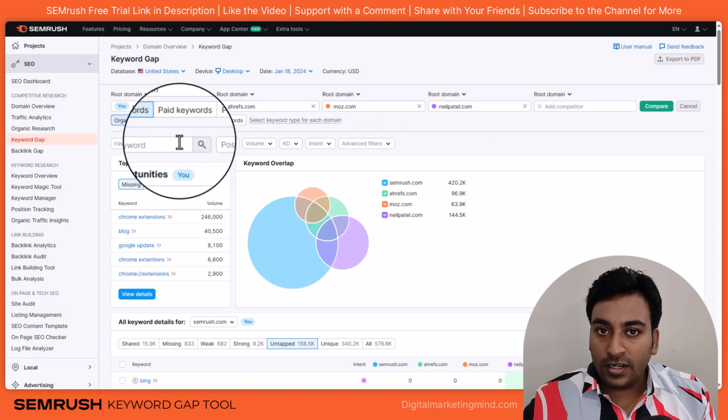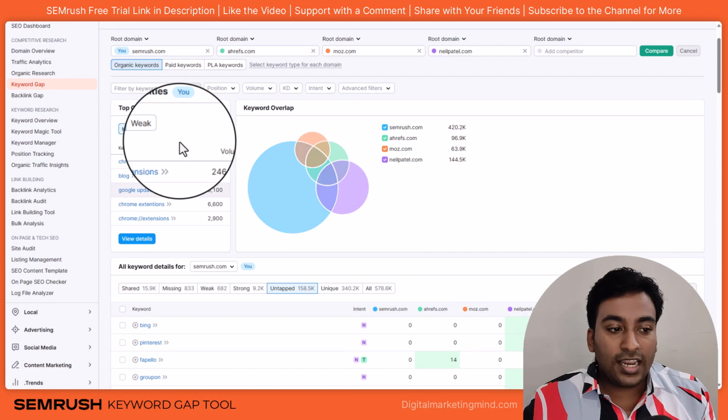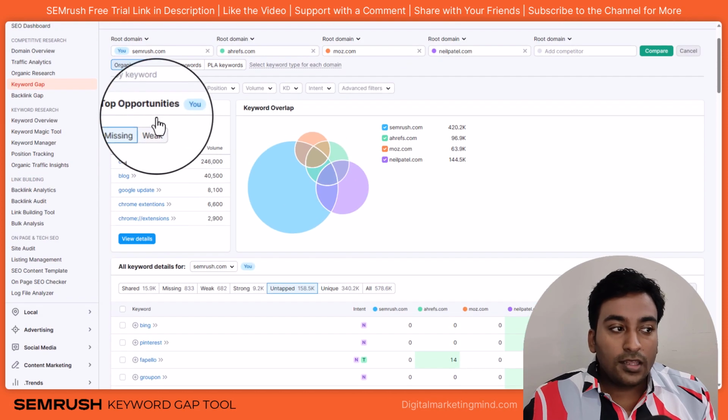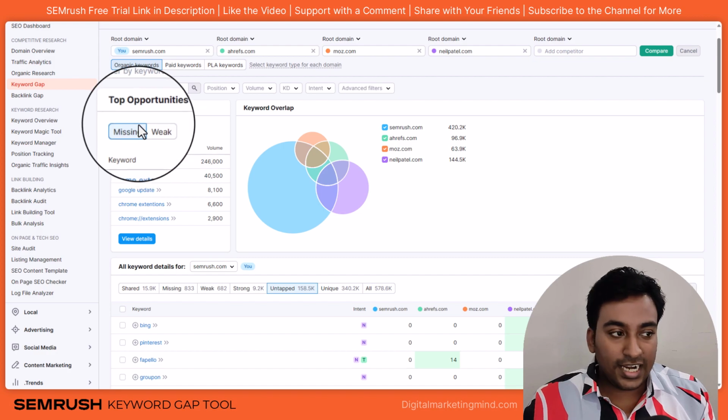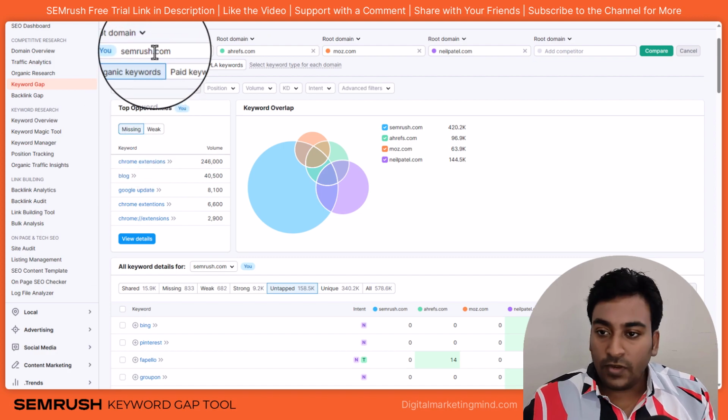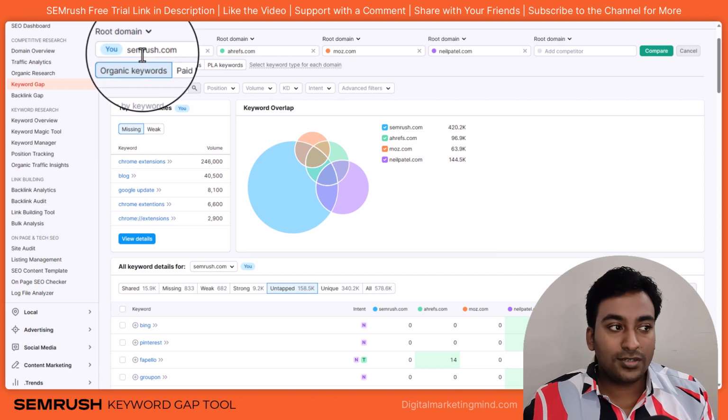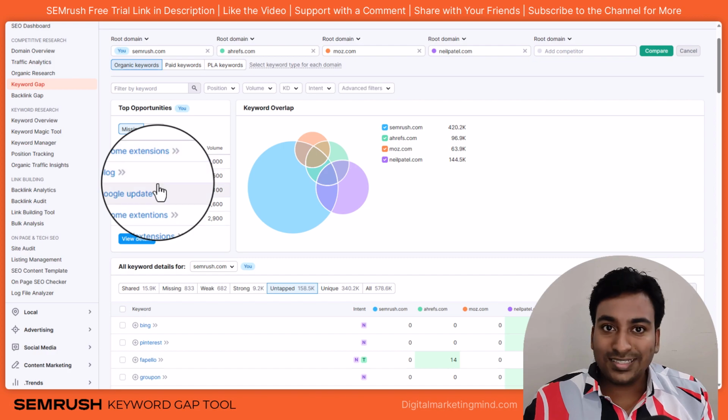Then we have a filter screen here which filters all the values to see only the data we are interested in. Top opportunities, I have already told you, are the missing ones, which we are completely missing out on, because this data analysis currently thinks that we are the owners of SEMrush. So it's saying as a SEMrush owner, I'm missing out on all these keywords.